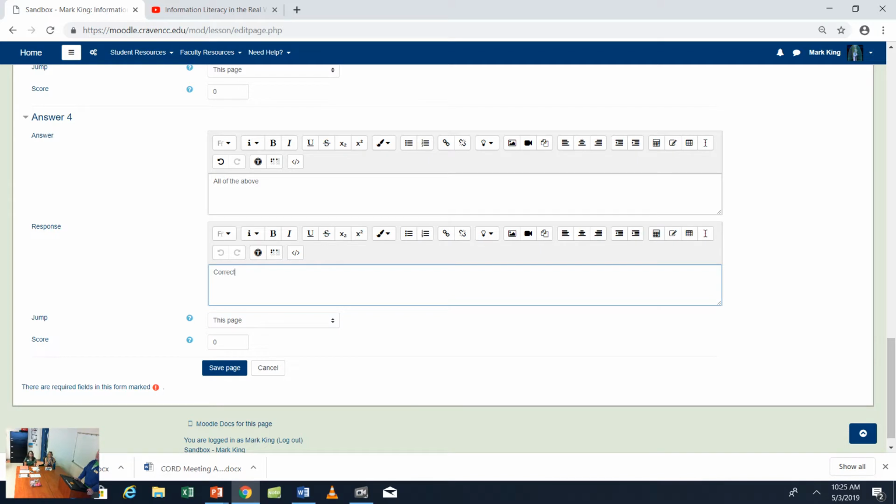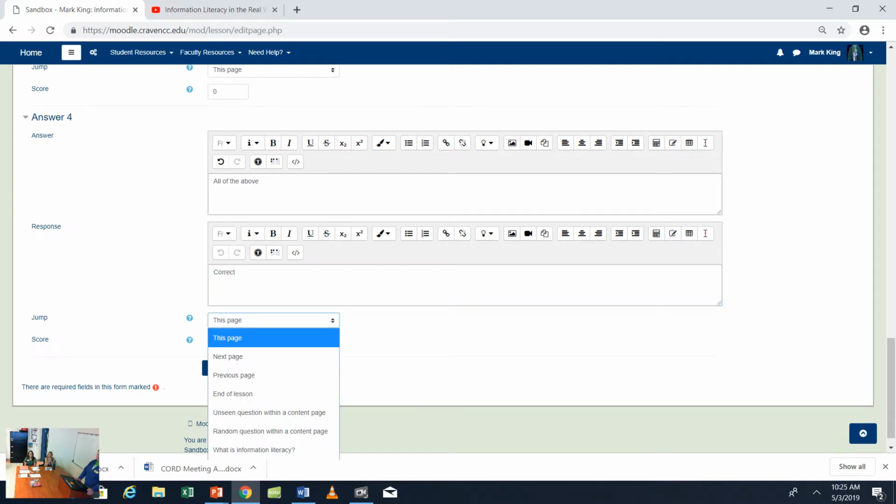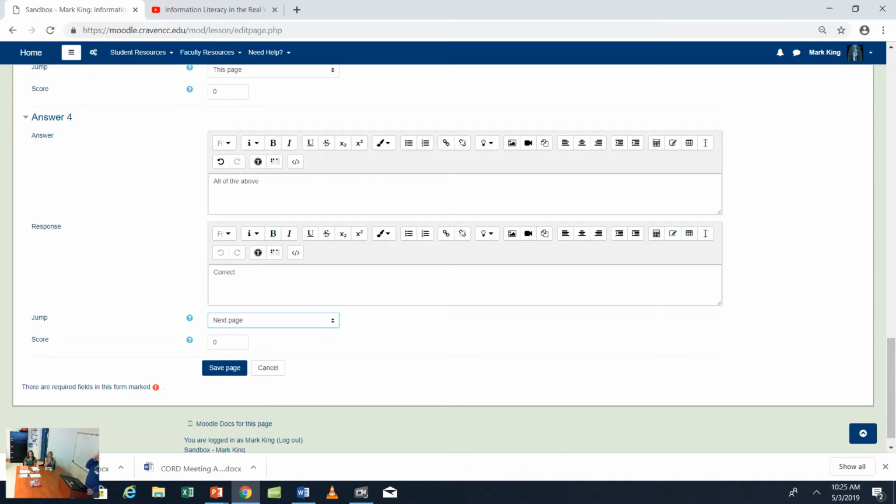Then, if they answer it correctly, which is all of the above, it'll go to the next page. I can make it redirect to the next page of the lesson, so they can continue on with it. But if you don't want them to redirect, and you're allowing retakes of the lesson, you could just make this one 100% or 1.